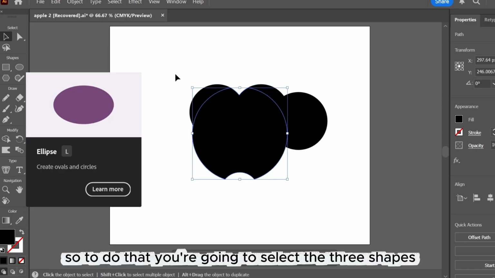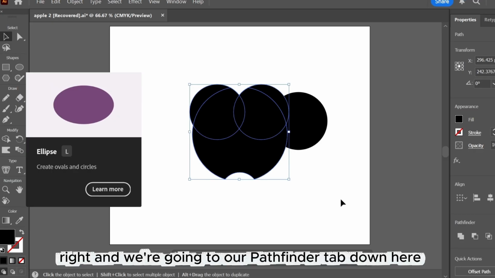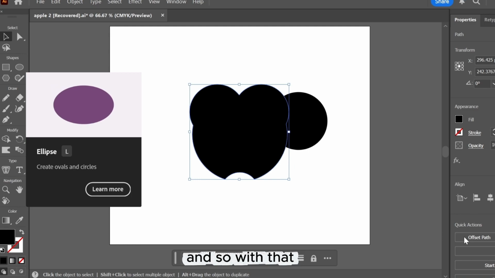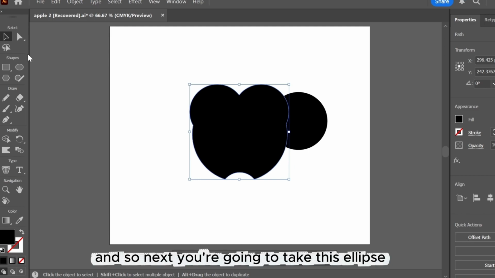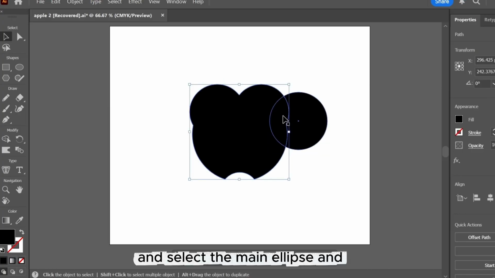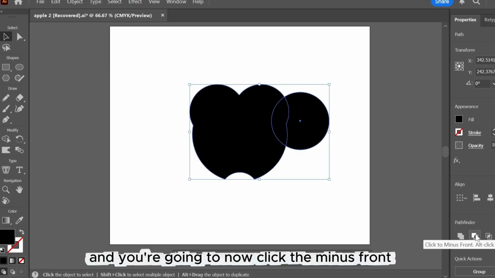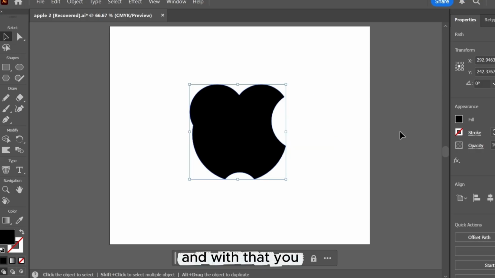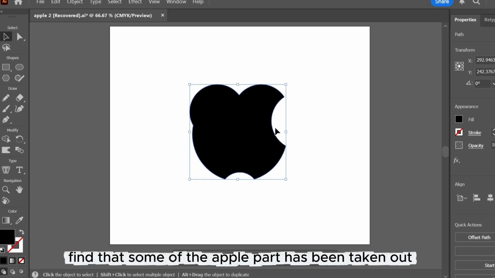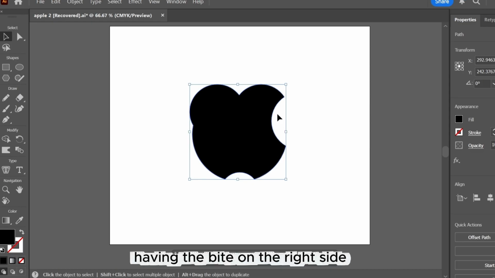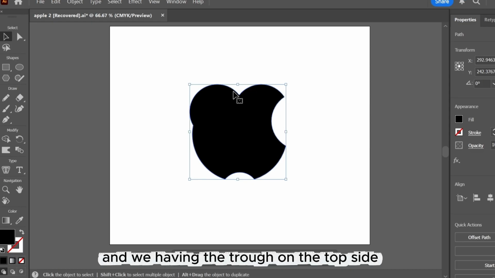So to do that, you're going to select the three shapes, right? And we're going to our Pathfinder tab down here and click unite. Remember that we had minus front, now we're clicking unite. And with that, you realize that the three circles have been united. And so next you're going to take this ellipse and select the main ellipse and the other ellipse, and we're going to now click minus front. And with that, you find that some of the apple part has been taken out, right? And so we're having this hole down here, we're having the bite on the right side,